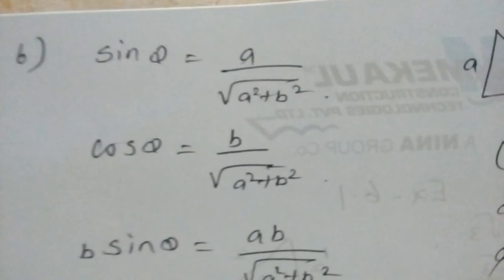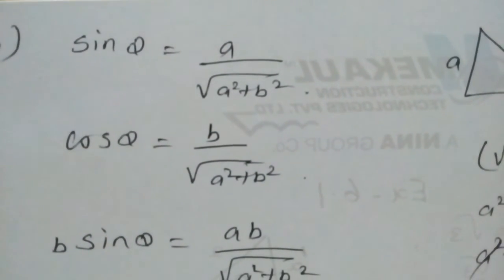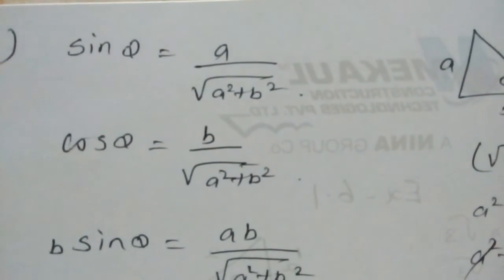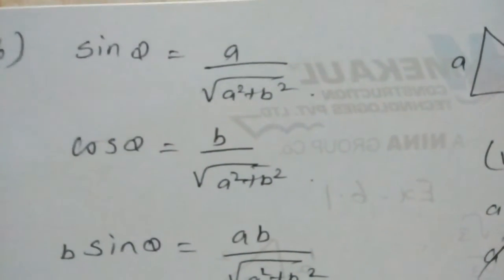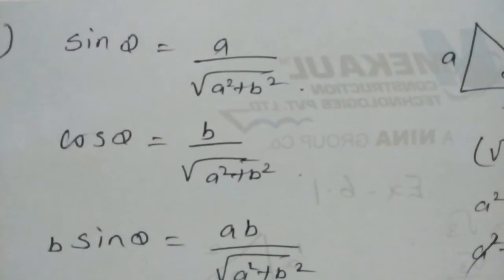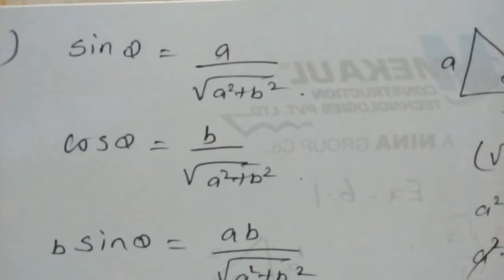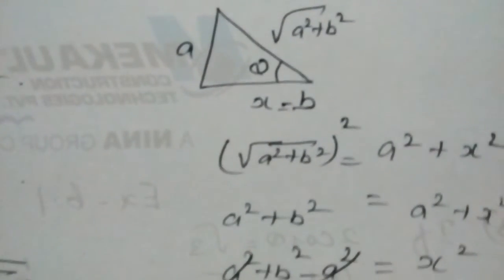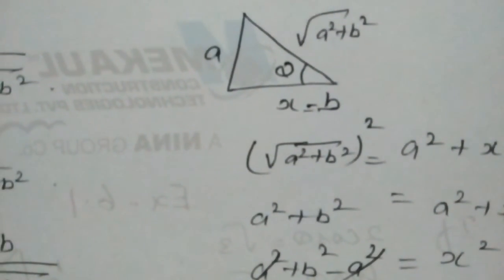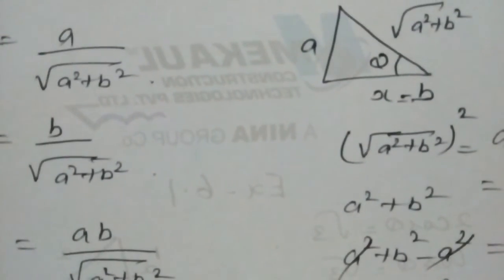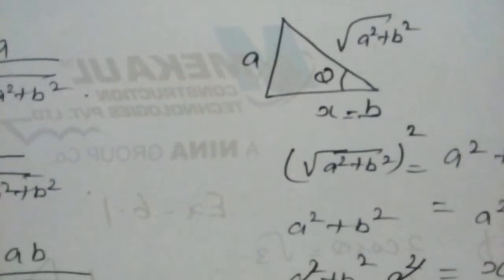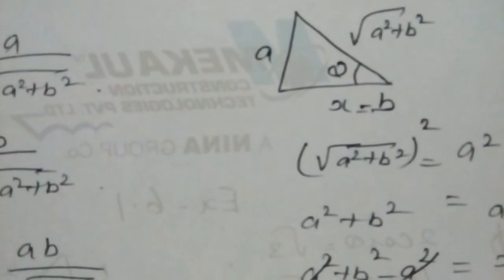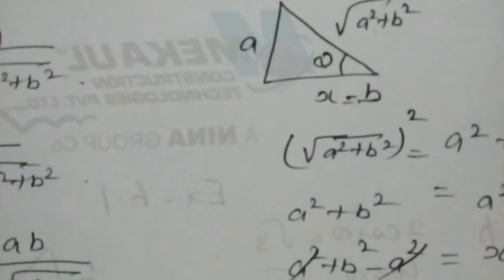Okay. Sixth question is, sin theta is equal to a by square root of a square plus b square. The question is, prove b sin theta equal to a cos theta. We have to prove that. So with the help of the sin value, again we can use the Pythagoras theorem. Now you can see here, theta is there, and the value of sin theta is nothing but opposite side by hypotenuse. So I have written the opposite side value as a, hypotenuse square root of a square plus b square. Now my aim is to find out what is x.